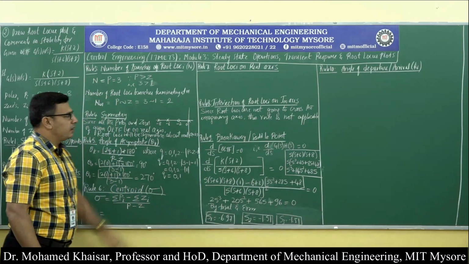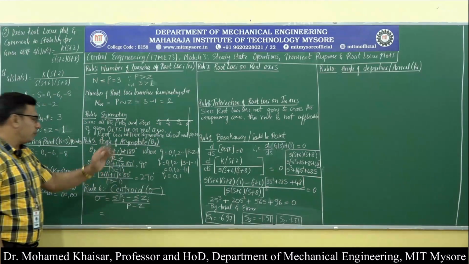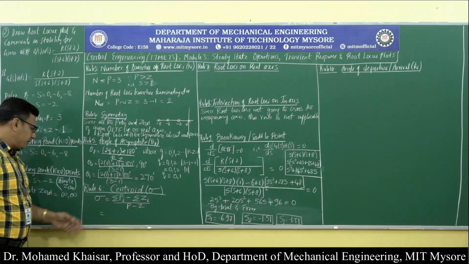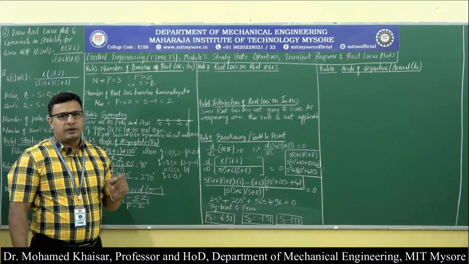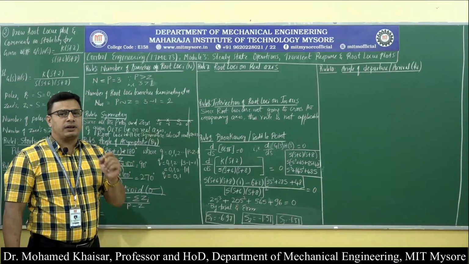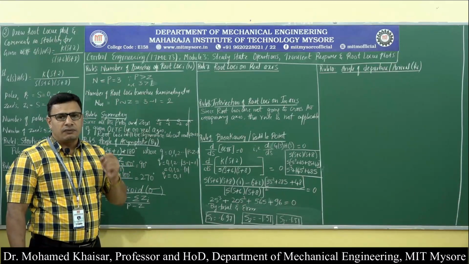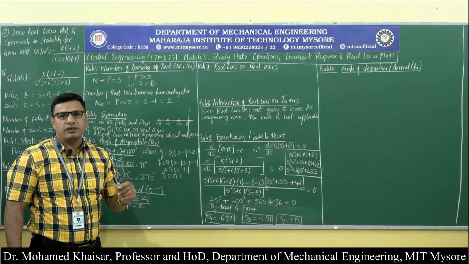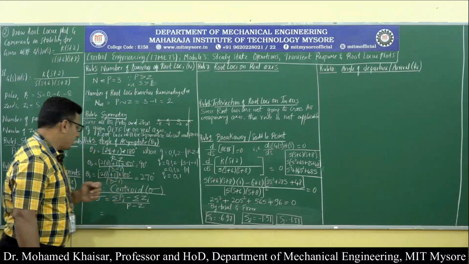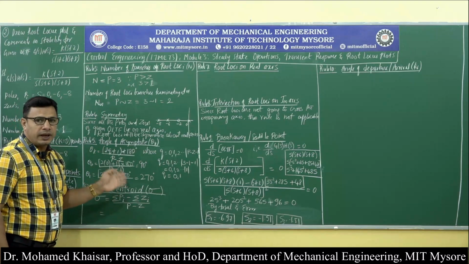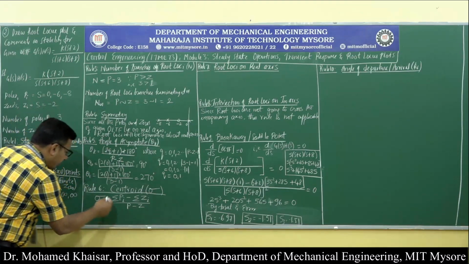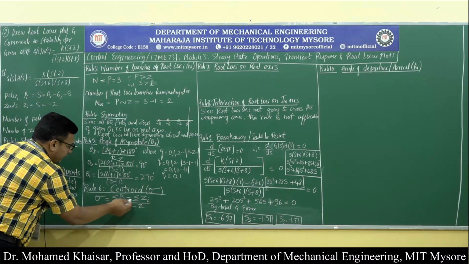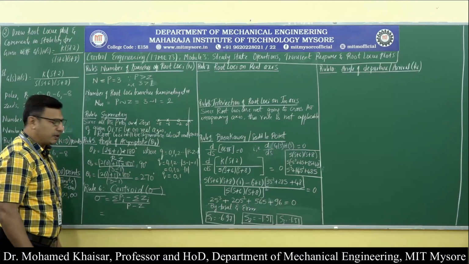We can write it here. We have subsequently completed one more rule. Now centroid, rule number 6 is about centroid. What is a centroid? Centroid is a point on the real axis from where the asymptotic straight lines will emerge, right? So it is important to calculate where the centroid is located, right? So centroid is given by the formula sigma pi minus sigma zi divided by P minus Z.